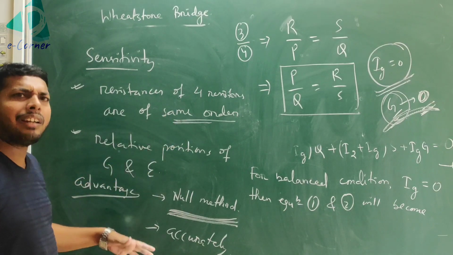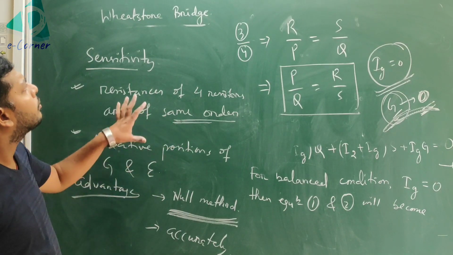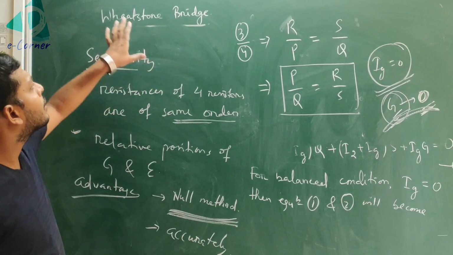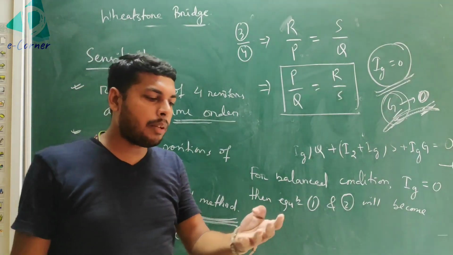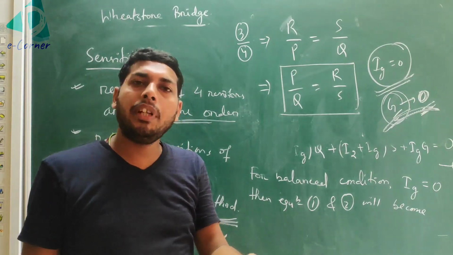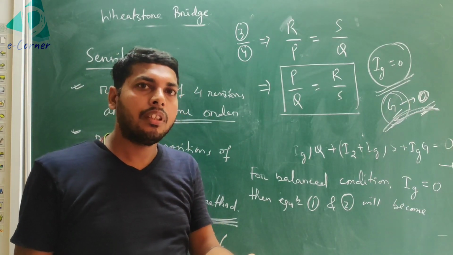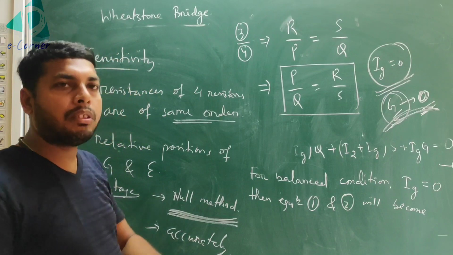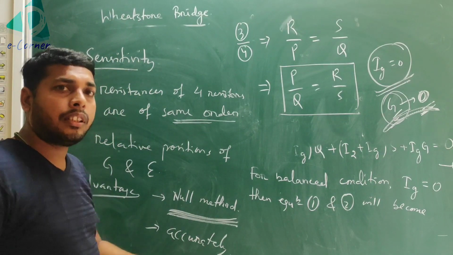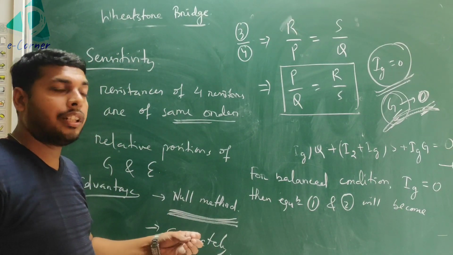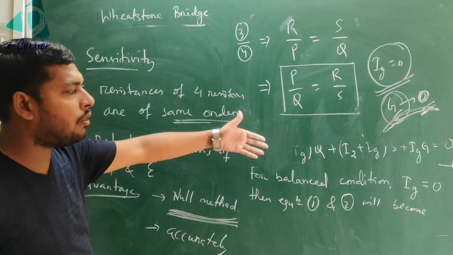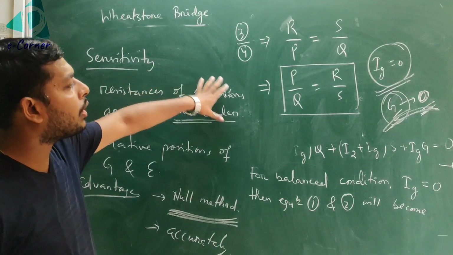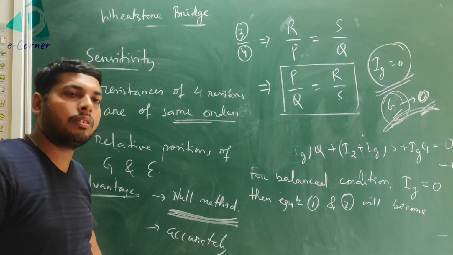All these are the advantages. Okay, next we will see the applications of the Wheatstone bridge. What are the applications? Applications of Wheatstone bridge are meter bridge, post office box, and so many. You just have to remember 2 or 3. You will be asked in your practical exam: what are the applications of Wheatstone bridge, and what is the expression for this? And in your exam, you will get so many questions.